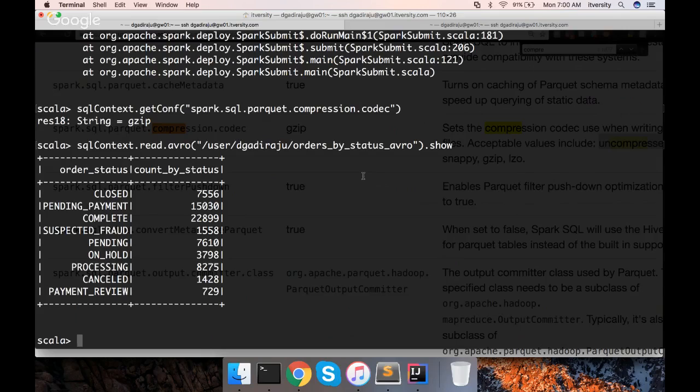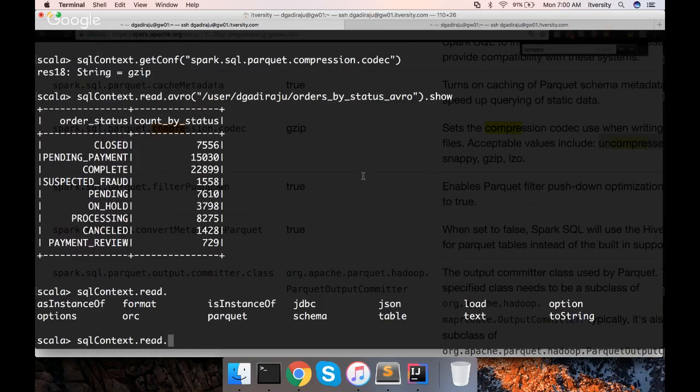Once again, the supported file formats out of the box are, you can just say SQL context.read, JSON, ORC, Parquet out of the box. And if you want to use Avro, you have to start the session, especially on the lab, with the packages pointing to the appropriate Databricks package for Avro. And then you can use any of these file formats. Make sure you practice a lot on JSON, Parquet, ORC, as well as Avro.